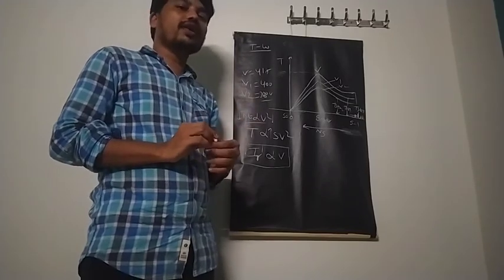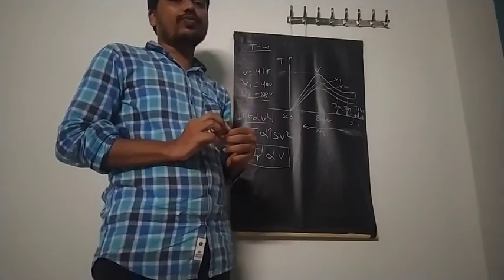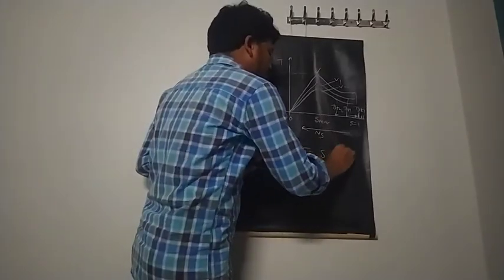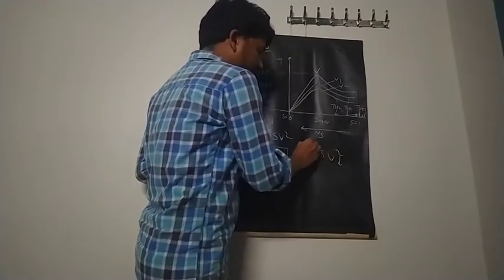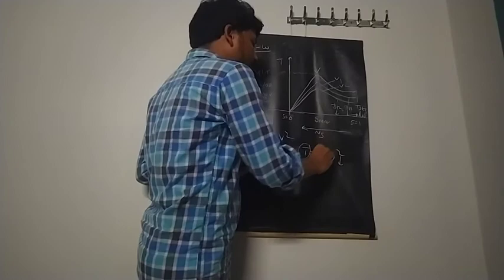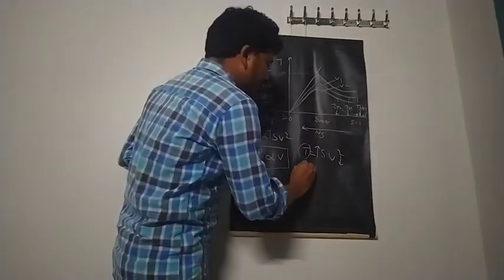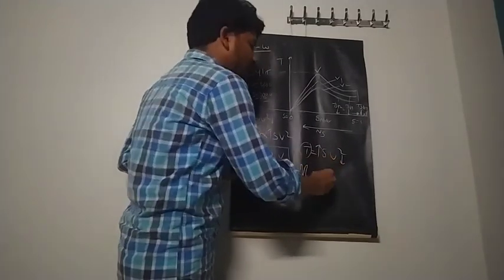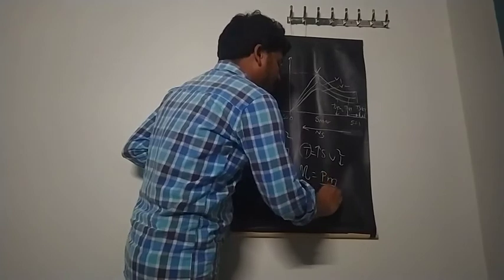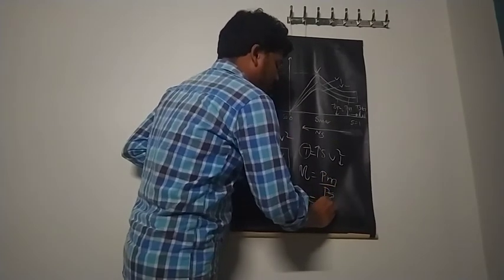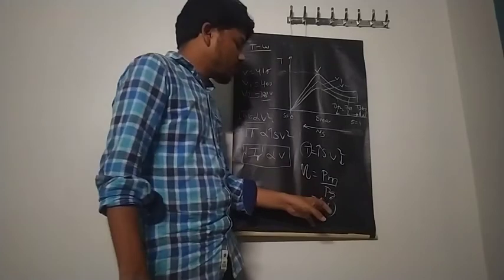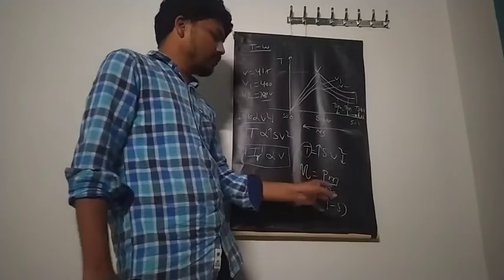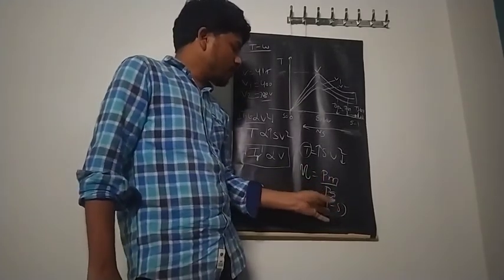And one other drawback of the stator voltage control method is, from this observation, we can conclude that in order to maintain constant torque while reducing the voltage, slip must increase. But we know that the efficiency of the three-phase induction motor is the mechanical power output by the input power. Therefore, efficiency becomes 1 minus S. This is the formula from our machines subject, the three-phase induction motor. No need to derive this equation here. So efficiency of the motor is 1 minus S.